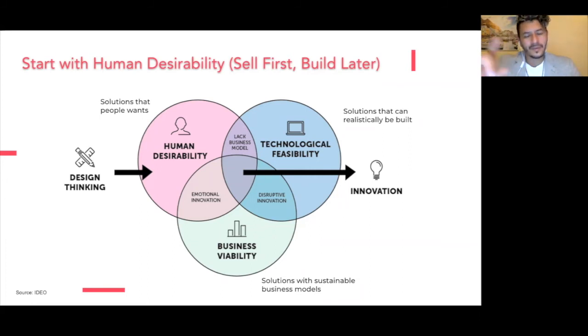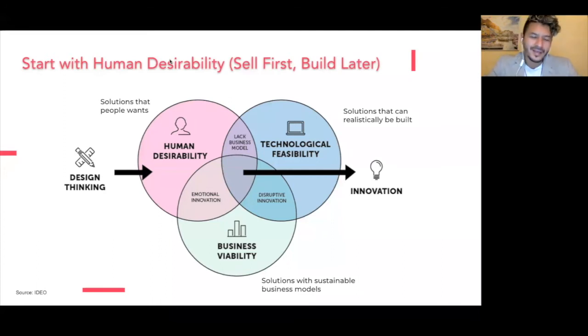So what design thinking is adding into the flavor is, okay, what if we don't start with building the technology, or let's not start looking at the viability of the business. Let's start by identifying the human element, okay? Identifying that there are actually people who want to use our solutions, or that someone really has a problem. So that's the people-first approach. You start with human desirability. So this is a key area.